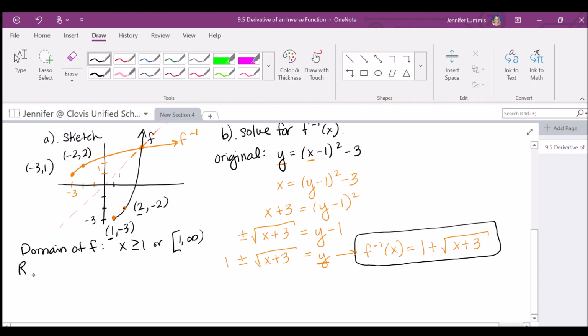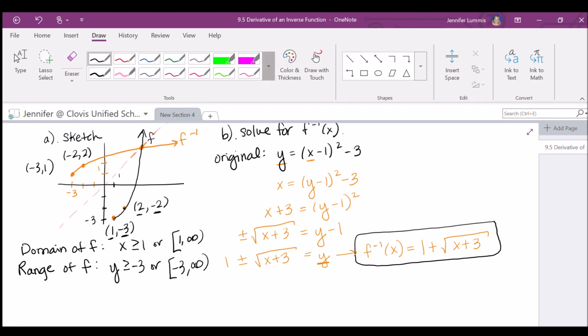When we look at the range of f, we have lowest -3, -2, and so on. It keeps going. So y is greater than or equal to -3, or we would write that as -3 to infinity. Now, there's something you should remember about this, comparing it to the inverse,